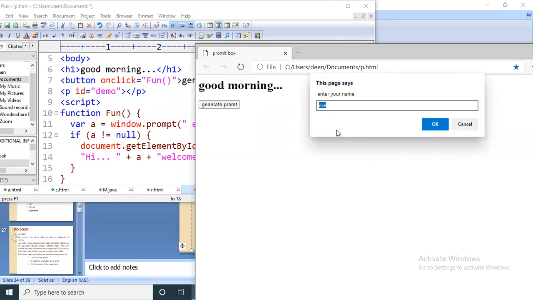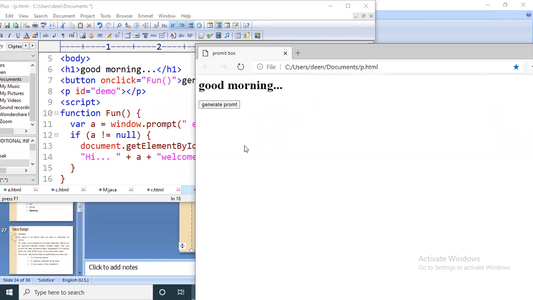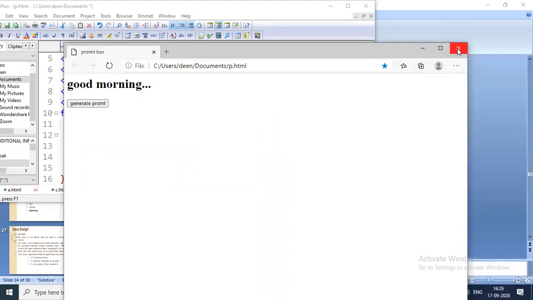In this prompt window, if we click OK, CSC will be taken as the default value, or if you enter any other name, that name will be taken as the value for the variable A. If you click on the cancel button, nothing will be printed on the web page. Let us check. Nothing has been printed on the page. Now I think it is very clear to everyone.